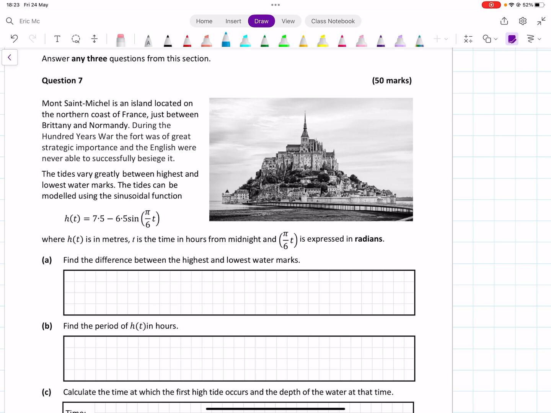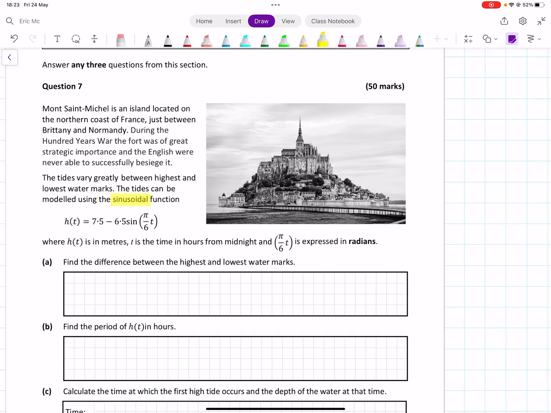The tides can be modelled using a sinusoid, that just means it has a sine in it. H is the height in meters, T is the time in hours from midnight, and pi over 6 t is expressed in radians. Find the difference between